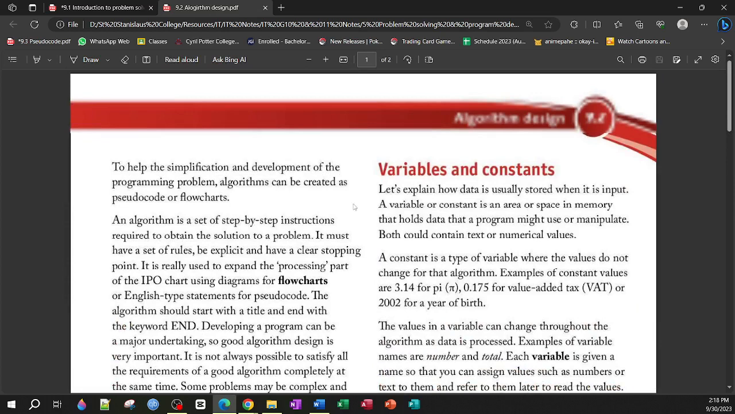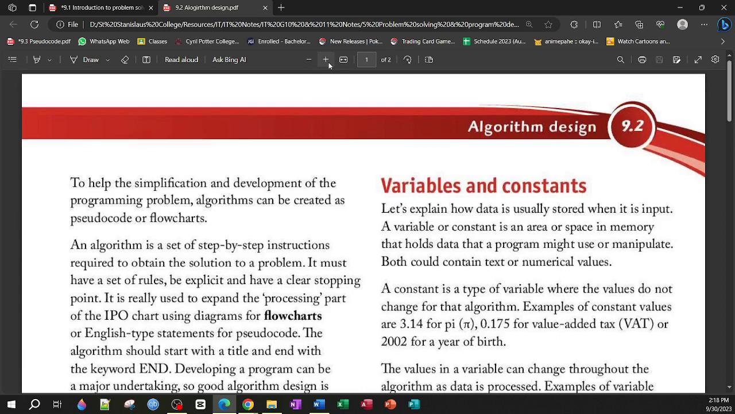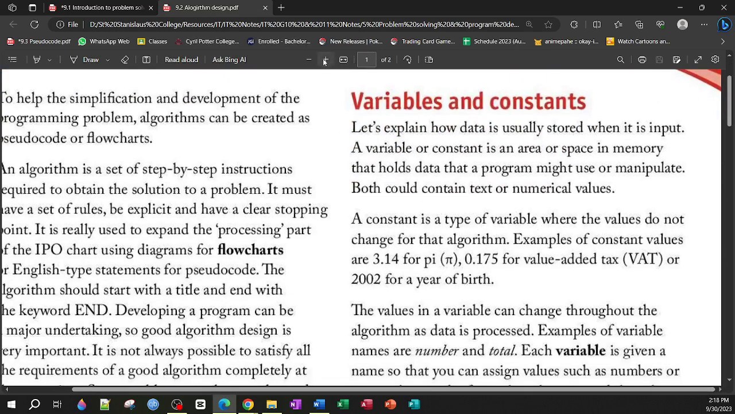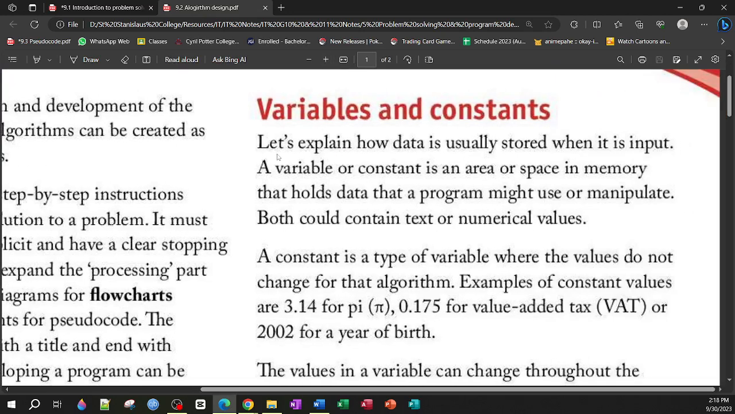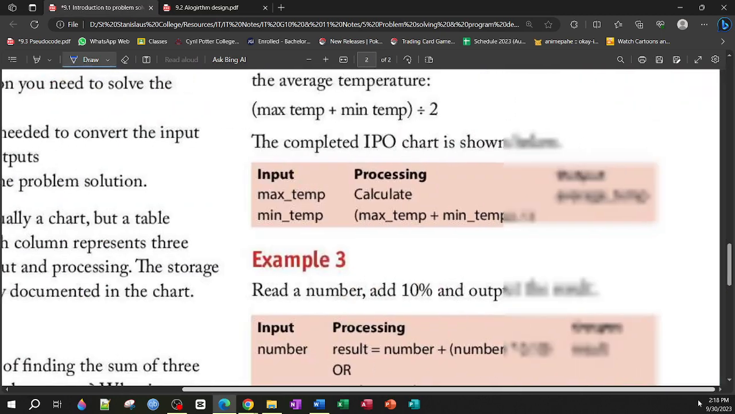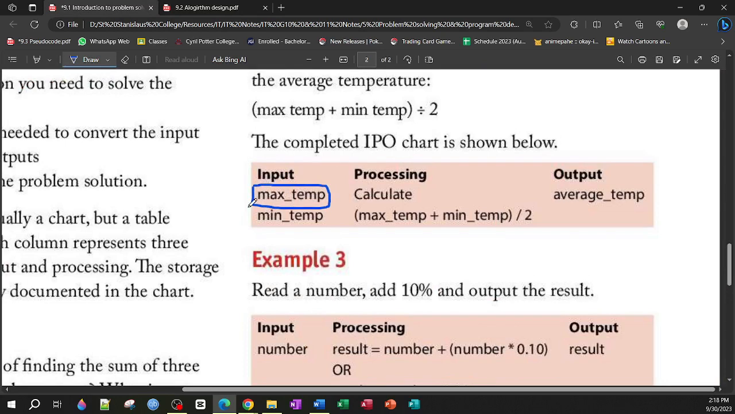Now we're gonna continue with chapter 9.2, and we're gonna learn about what are variables and constants. If you can remember last week, when we were creating the IPO charts, I would have mentioned, let's look back at this example here, that these here are called variables. They're what we use to store our input. Because whenever we have to work with the data,